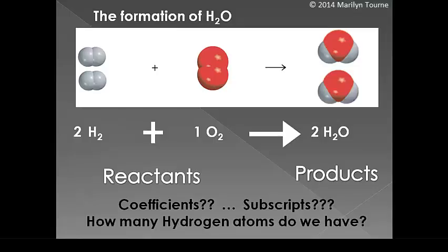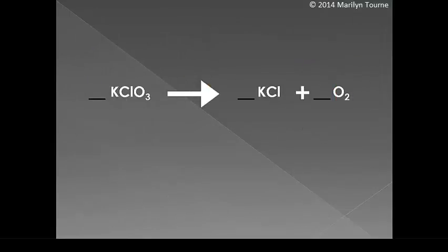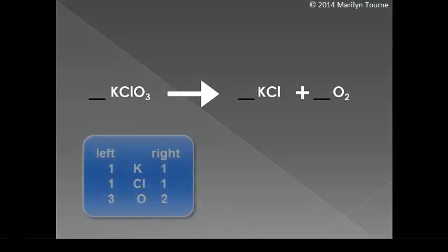Okay, let's talk about that a little bit more now. So here I'm showing you an unbalanced equation. This is the decomposition of potassium chlorate. Potassium chlorate decomposes to yield potassium chloride plus oxygen gas. If you notice, the only thing that's unbalanced here is the oxygen, because we have 1 mole of potassium on the left and the same on the right. We have 1 mole of chlorine on the left and 1 of chlorine on the right. But then the oxygen has 3 moles of oxygen atoms on the left and 2 moles of oxygen atoms